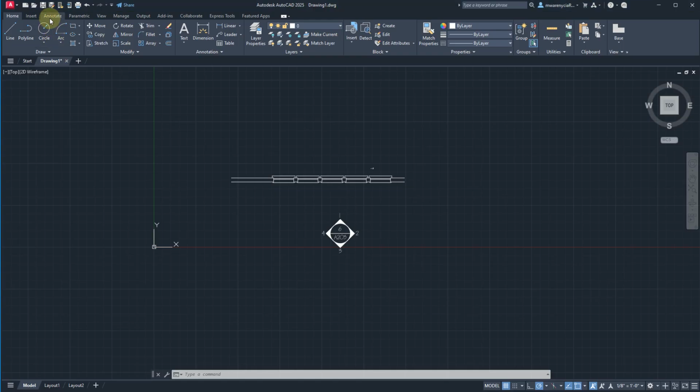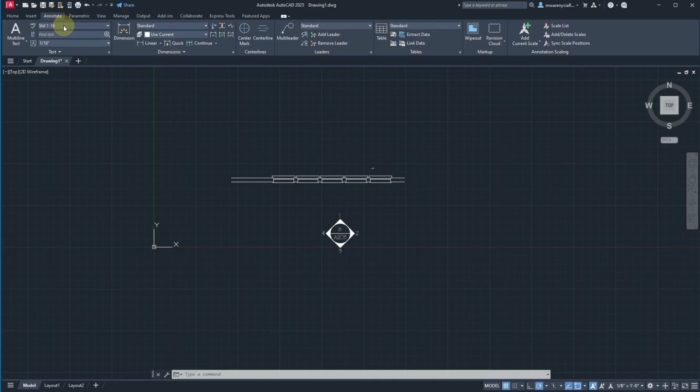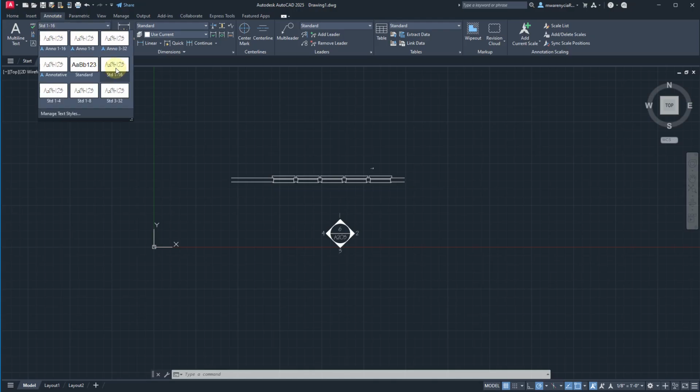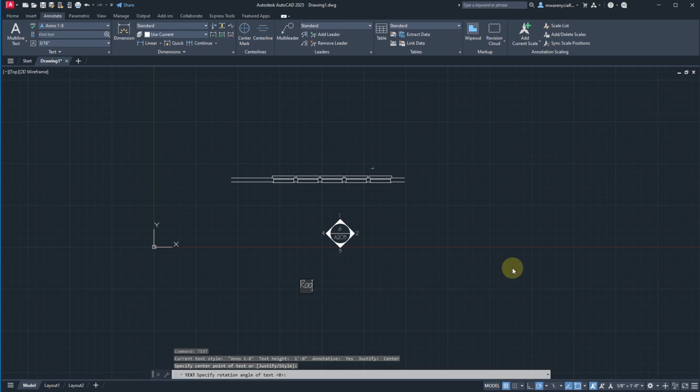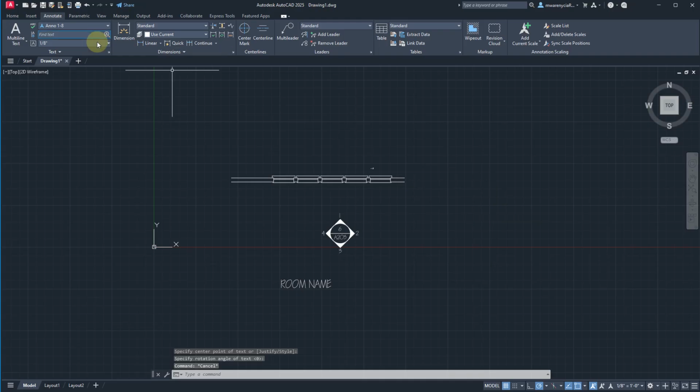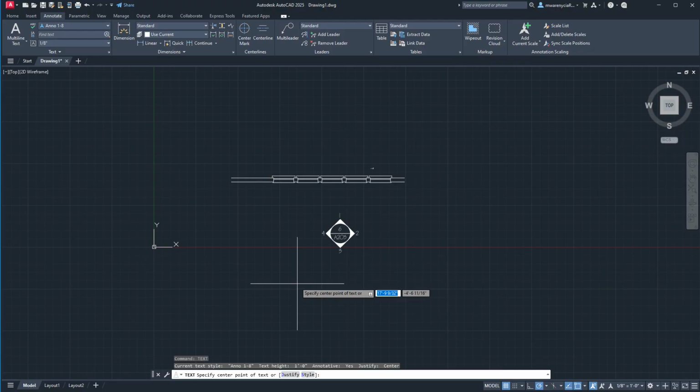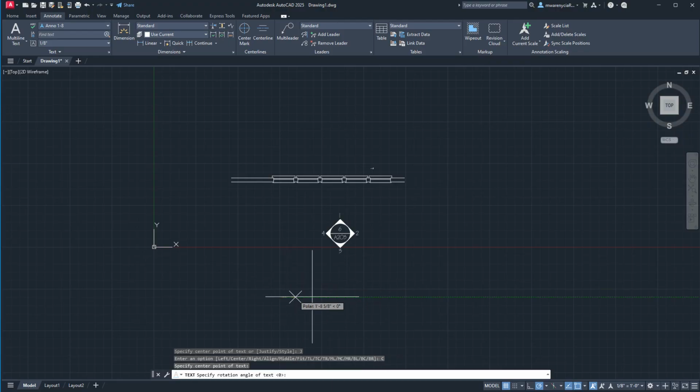Okay, so we'll go back to annotate here. Again, we're on text. We'll go ahead and select an annotative 1/8 inch, and this will be our label for the room. So we'll do text, and this will be room, all caps, room name, and then, well, actually, let me redo that one, text. We do want to justify this. Oh, it is set to center. Okay, yeah. So this will be room name,